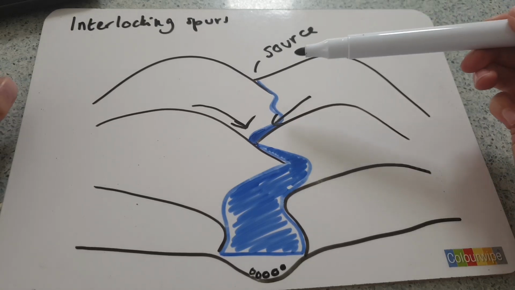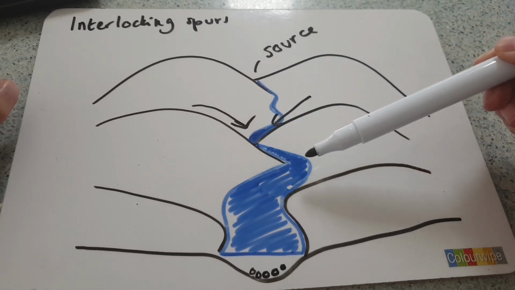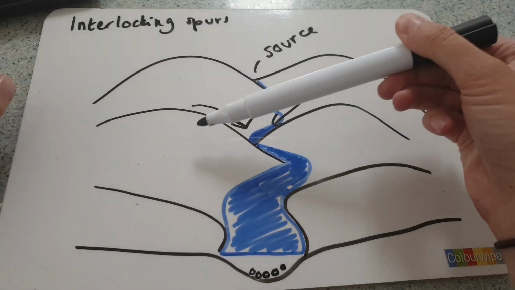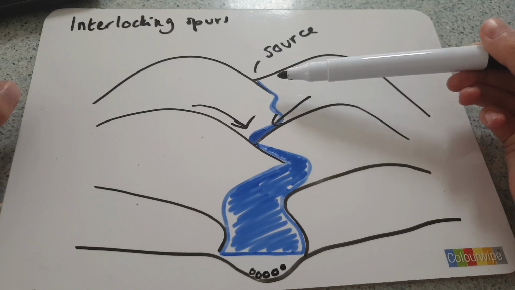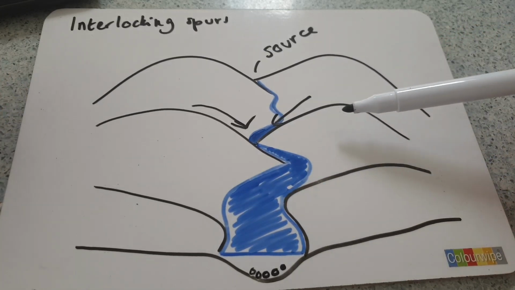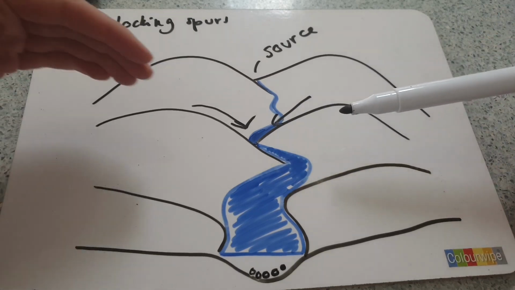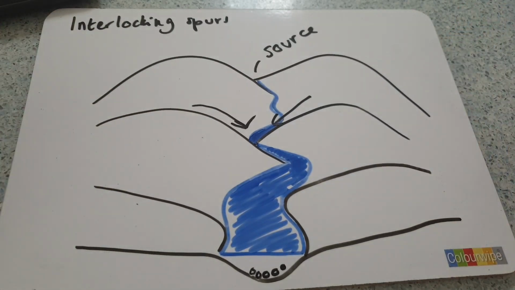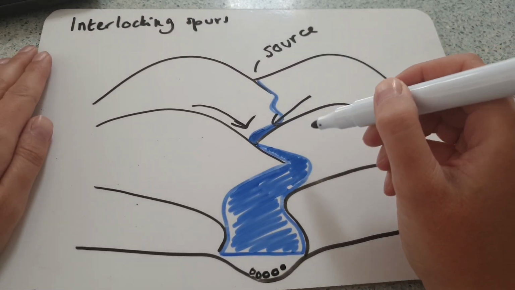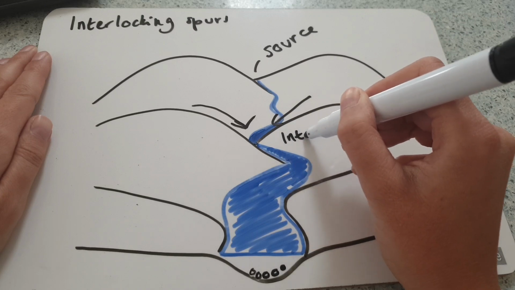So a river will erode through highlands in the upper course of a river, and as it encounters these big outcrops of very hard resistant rock, it simply weaves its way around them, and the resulting landform where these two hills meet in a V shape is called an interlocking spur. So labels you should be putting on here is interlocking spur,